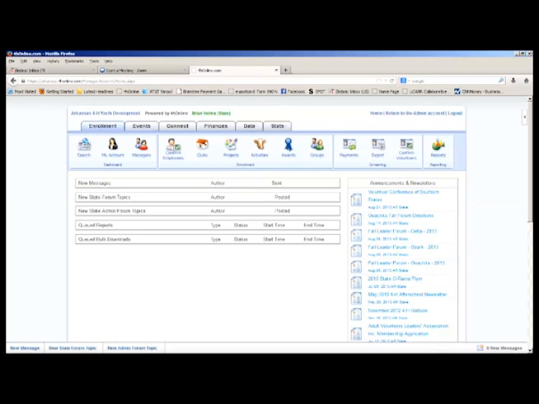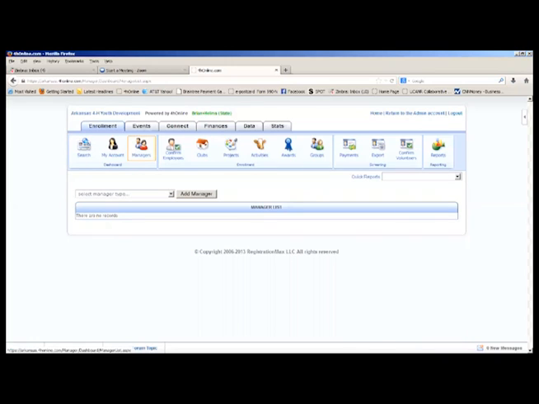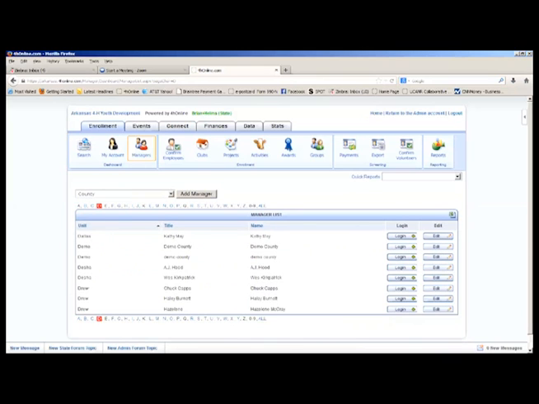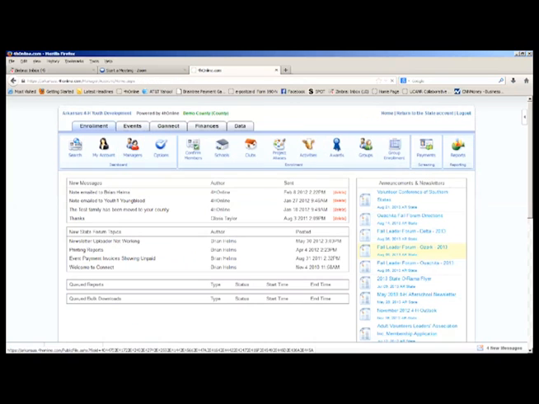Okay. Give me just a second, and okay. Let's go into my demo county so I won't mess up anybody's reporting. I know y'all all will appreciate that. And okay, so